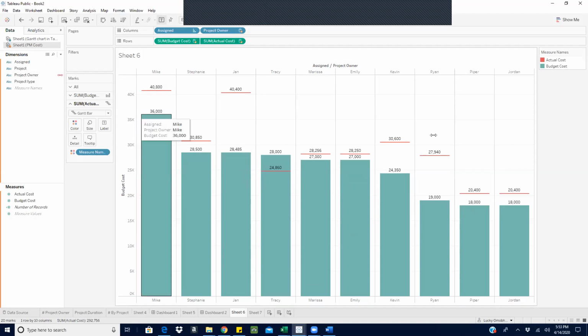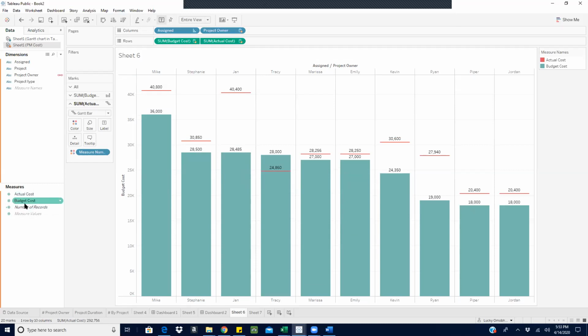Remember we did this fake data for the actual and budget. So I wanted to show the actual and budget. All I did was create a dual axis, change one to a Gantt chart, which is the actual, and I leave the budget as the bar chart. So you are seeing the budget right now and the actual on top. It's just a very quick trick to show your actual versus budget. This is one of the views that a lot of managers like when you're trying to do variance analysis. This is your budget, 19,000. You spent